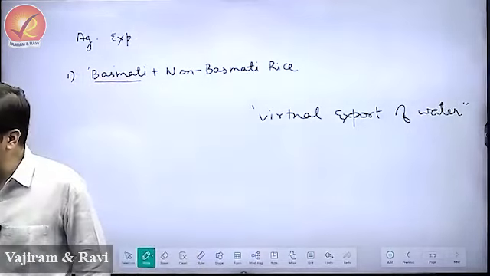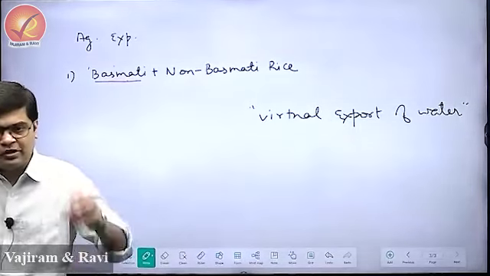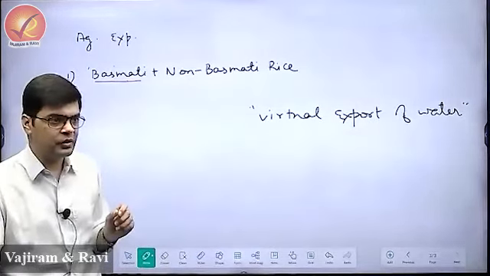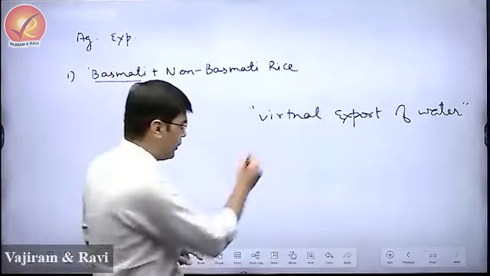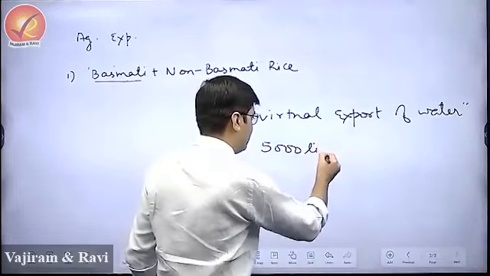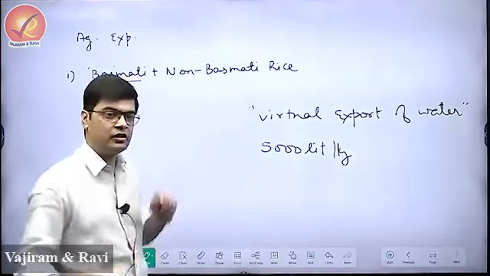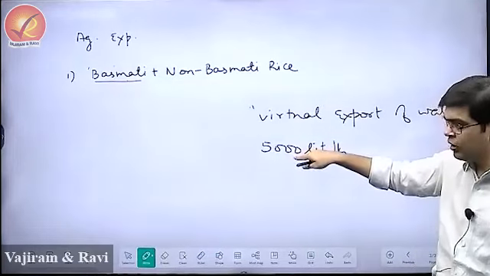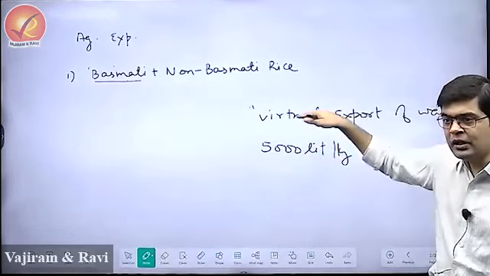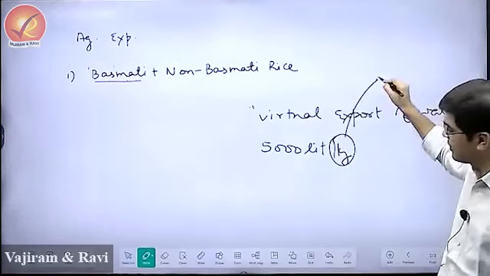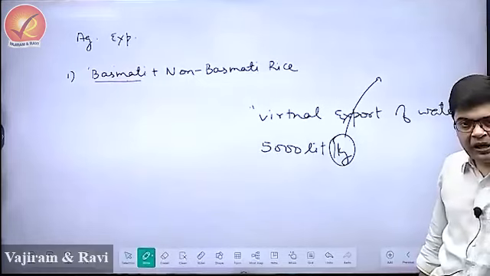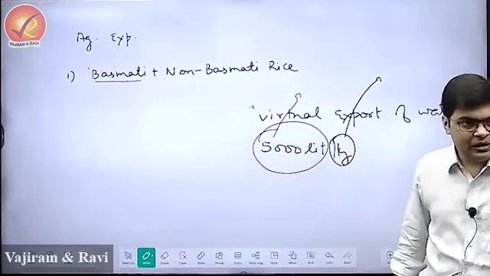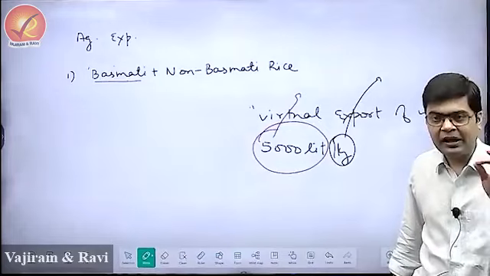Here people have wheat as a staple diet. They don't consume rice. So rice is cultivated either for the government's procurement, which is under MSP, or for export purposes. To produce 1 kg of rice in Punjab, you need 5,000 liters of water. Just to produce 1 kg, you need 5,000 liters of water. So can I say, rice cultivation in Punjab, where you take so much water, is leading to groundwater depletion? Now you are depleting groundwater and you are exporting 1 kg of rice. Can I say, with every kg of rice that we are exporting, we are virtually exporting 5,000 liters of water, especially in a country where we are facing problems of water crisis.